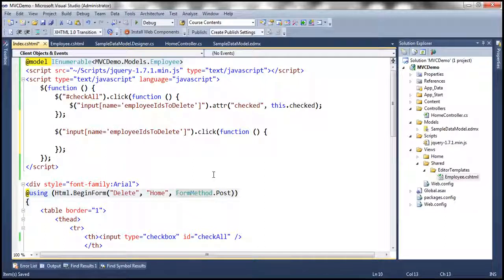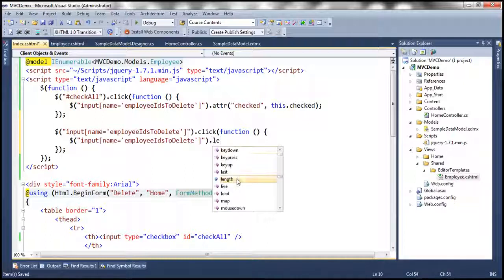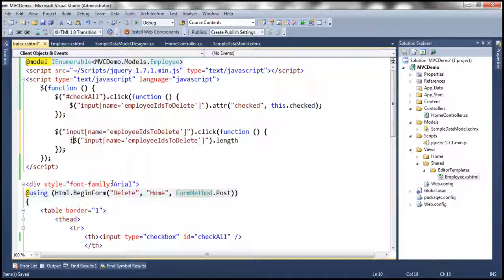Okay, so what should happen at that point of time? I'm going to find all these checkboxes. So I'm going to get the count of all those checkboxes with that name. So if the count of checkboxes with that name is equal to